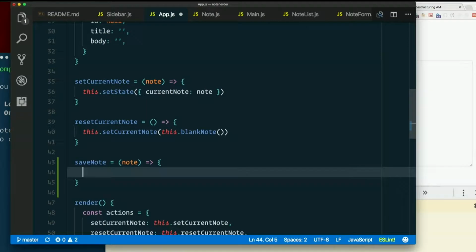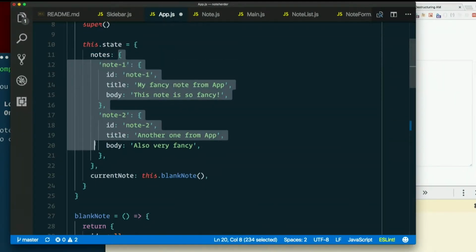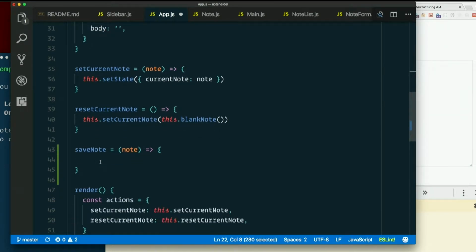So we're going to do what Todd said a while back. Make a copy of state, change that, and then set state to the new data. So it's this.state.notes, right? This object is what I'm changing. So I need to get a copy of that. I want a local variable called notes. And I want it to be, if I said this.state.notes,